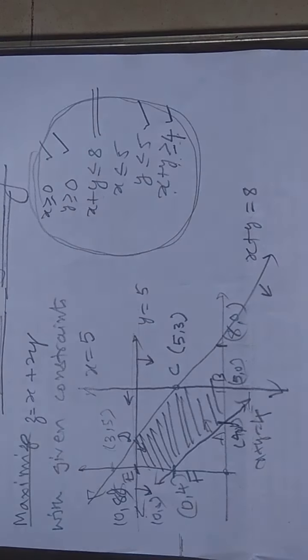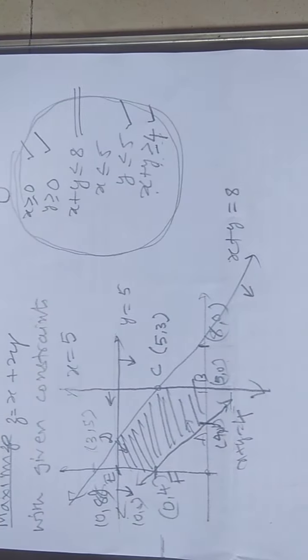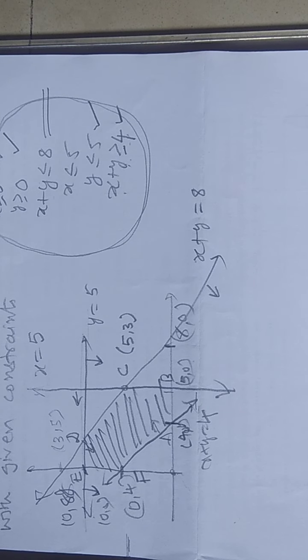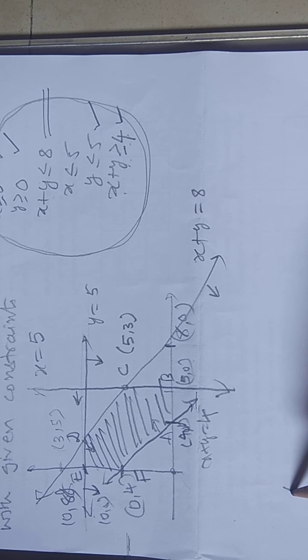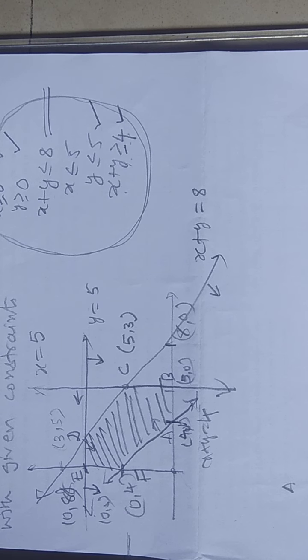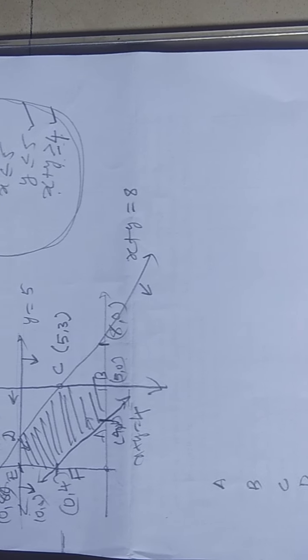I think this much you have learned in your class 11th also. So now I am going to add something more. What is that more? You just try to learn. In this concept, first we can list the points A, B, C, D, E and F. All those points A, B, C, D, E, F.